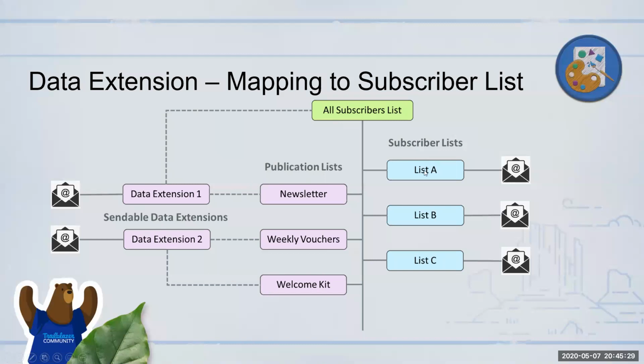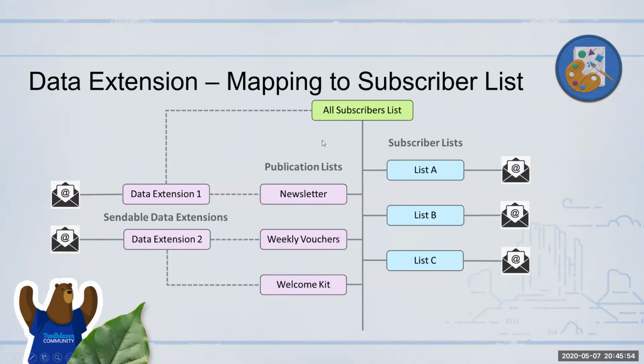So it's not the regular subscriber list that you create here. It will ask you specifically, and I'll show you shortly in the tool, when you try to send to a data extension as an audience, it will automatically pop up a window and say choose the publication list. In that there will be two options. Either you can choose one of the publication lists that you have created, or it will give you an option to tag the all subscribers list.